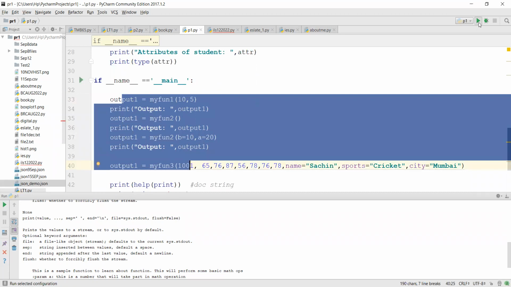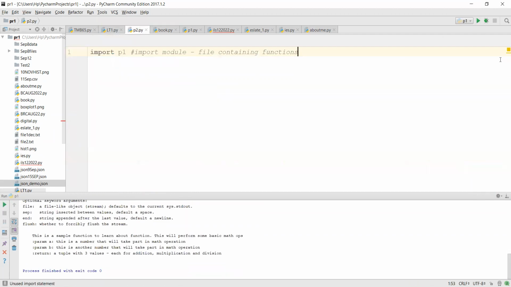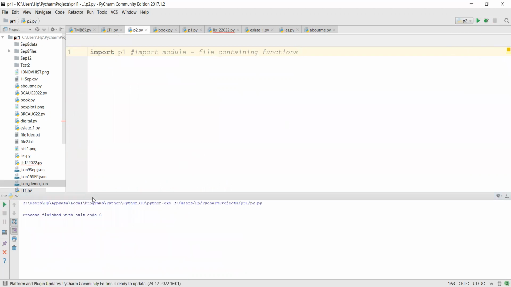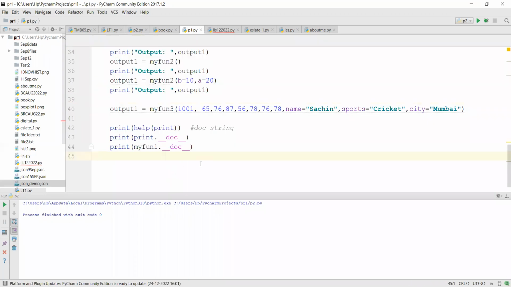So when you call P1, all these are getting called. But now when you go to P2 and call P2, you see nothing is called, because we have put in an if condition. If you want to see it again, I can put else here. Else means when it is not called by your current program P1, I can say print, thank you for importing